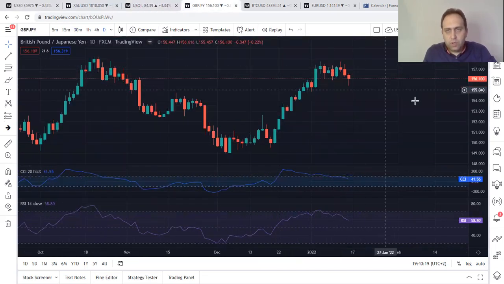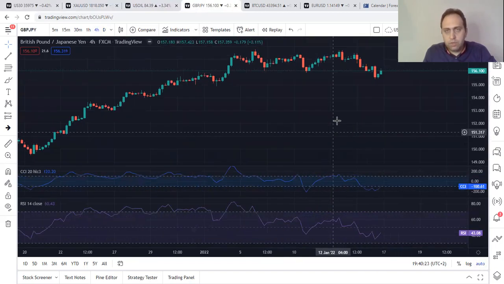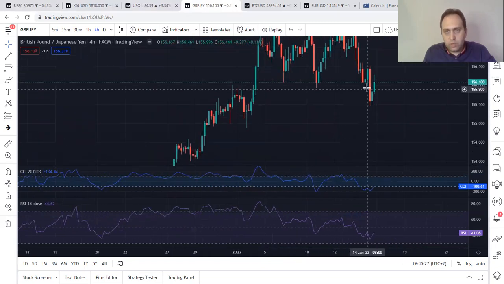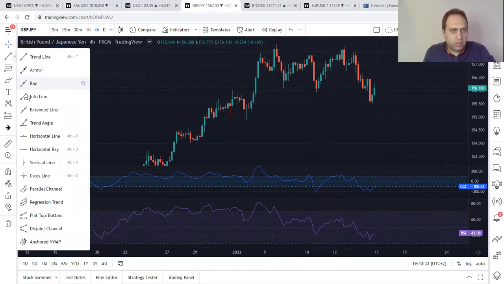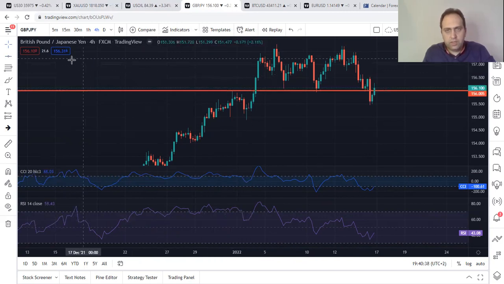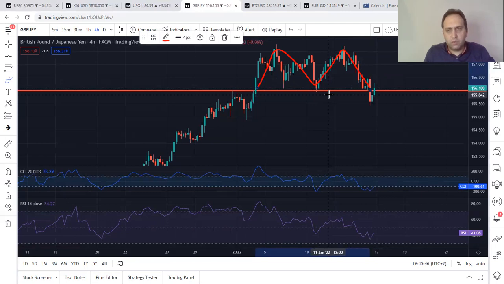For GBP JPY, it was trying to do a double top, but it didn't hit it yet exactly. And this is why when it broke, first you could, of course, take the scalp trade. I'm talking about swing here. يعني أكيد كان فيكم تاخدوا scalp على we had a double top, a clear double top, but of course it didn't reach the full target.